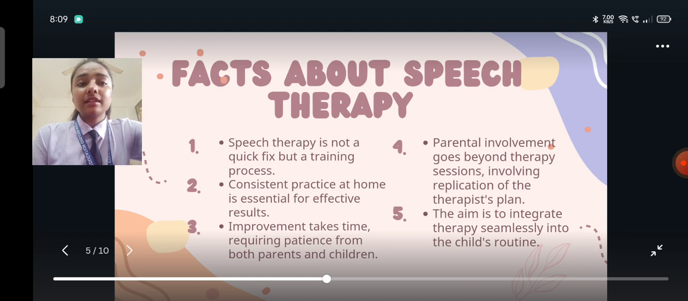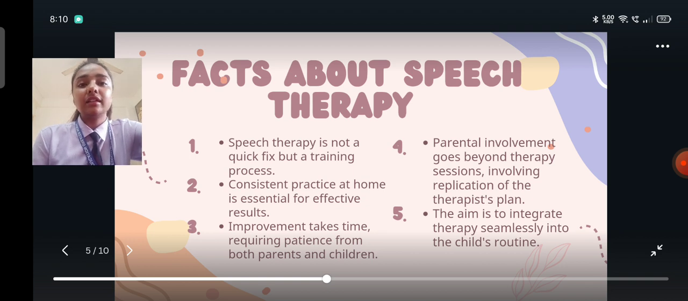Next is consistent practice at home is essential for effective results, because practice makes a man perfect, so it will be improved by practicing the communication skill at home. Next is improvement takes time, requiring patience from both parents and teachers of children. So for improvement we have to be patient so that it will take time and we